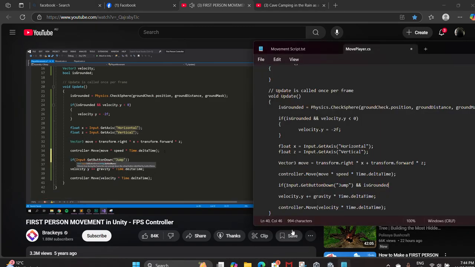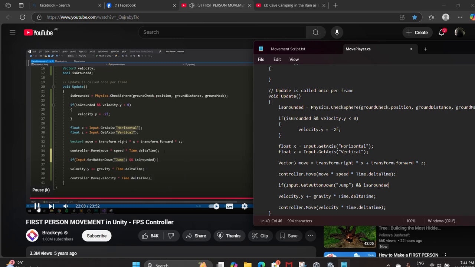Input.getButtonDown jump. This is another default input that automatically maps to the space key. And if we're currently grounded, well, then